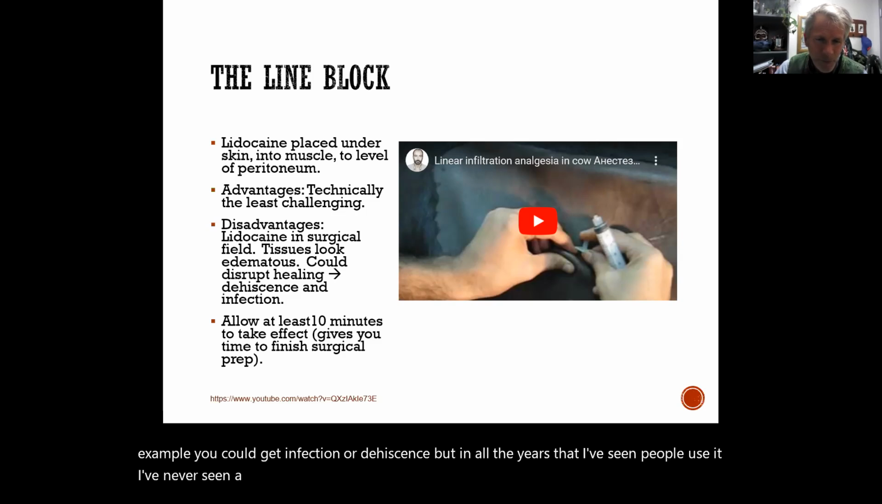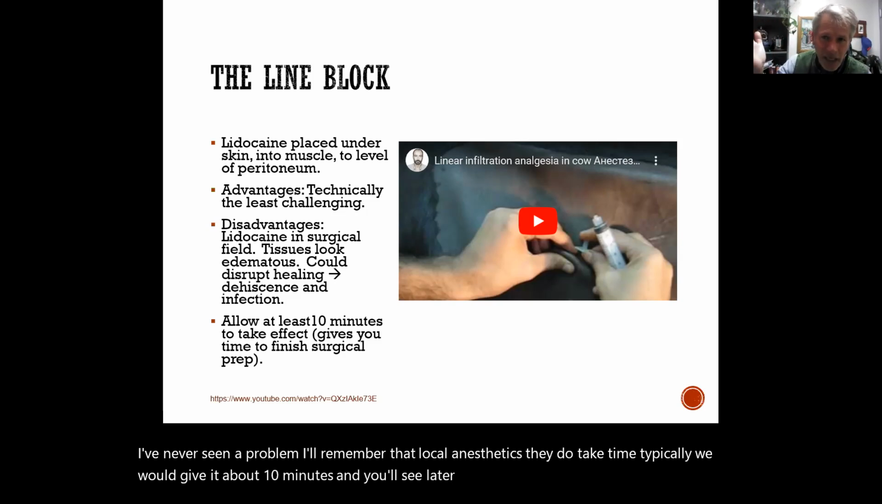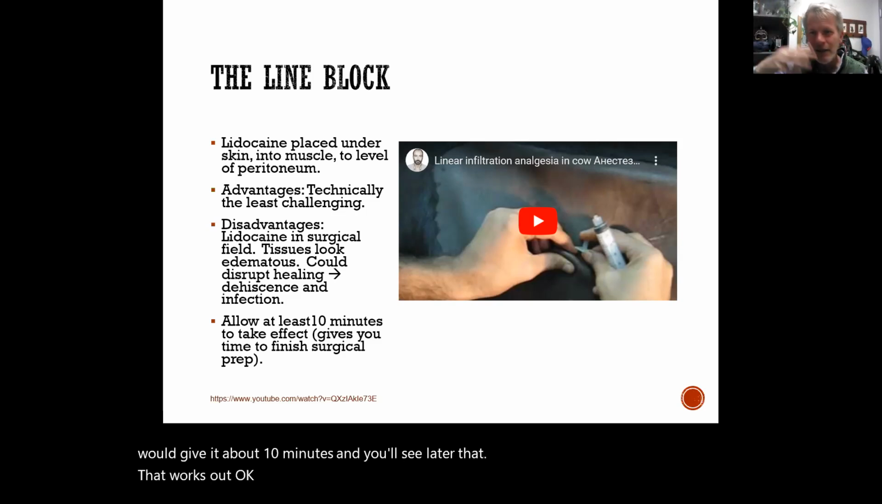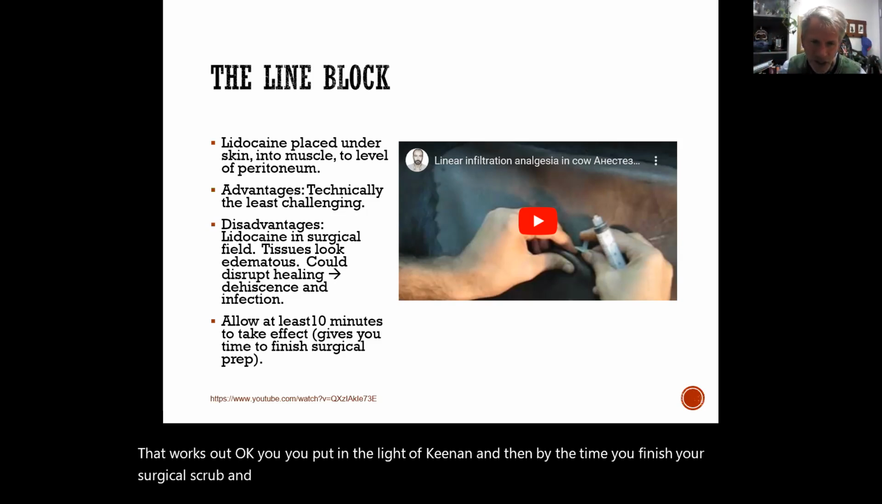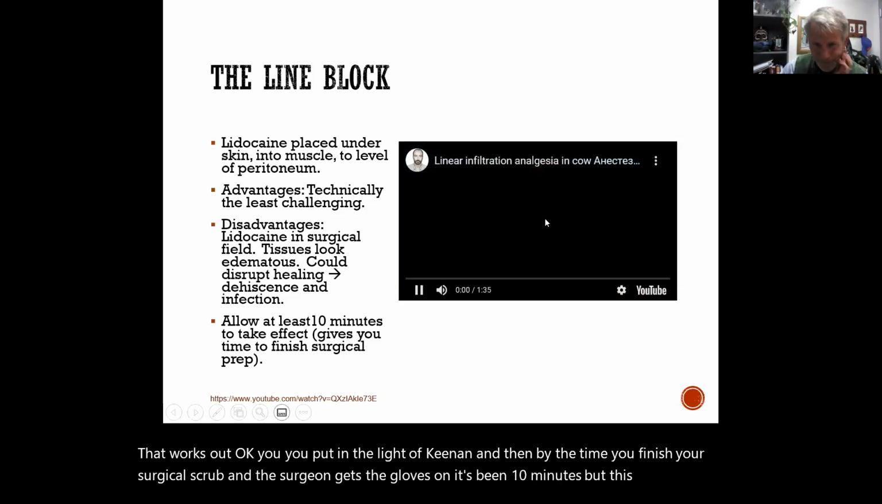And remember that local anesthetics do take time. Typically, we would give it about 10 minutes, and you'll see later that that works out okay. You put in the lidocaine, and then by the time you finish your surgical scrub and the surgeon gets the gloves on, it's been 10 minutes. But this is just going to show you,